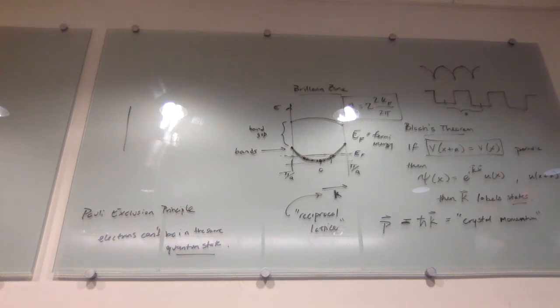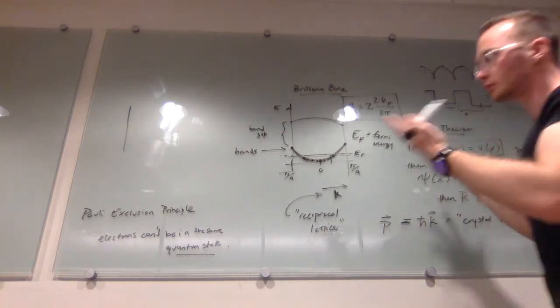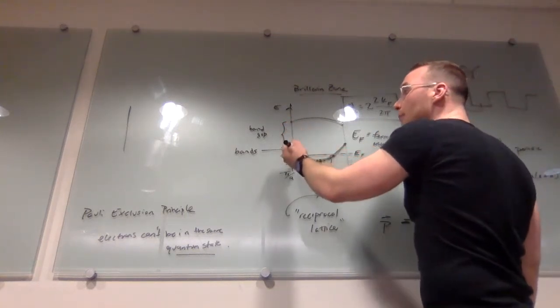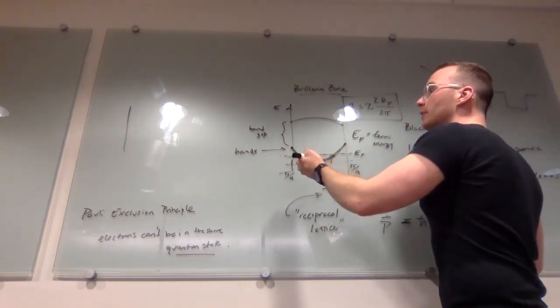Or a hydrogen atom, if you just pick halfway between two shells, there's nothing there. You just can't have that energy. You could drop down and lose a little bit of energy or whatever. But it's not that weird that you have these gaps. But what's interesting about them is that because,